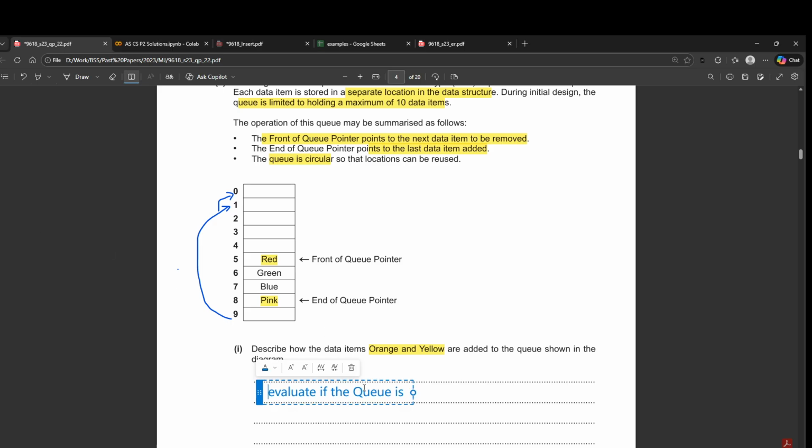Okay. Yeah, so evaluate if the queue is full. So if it is full, then we obviously are not going to do anything. So instead we can just write evaluate if the queue has space available. Okay, if that is the case,